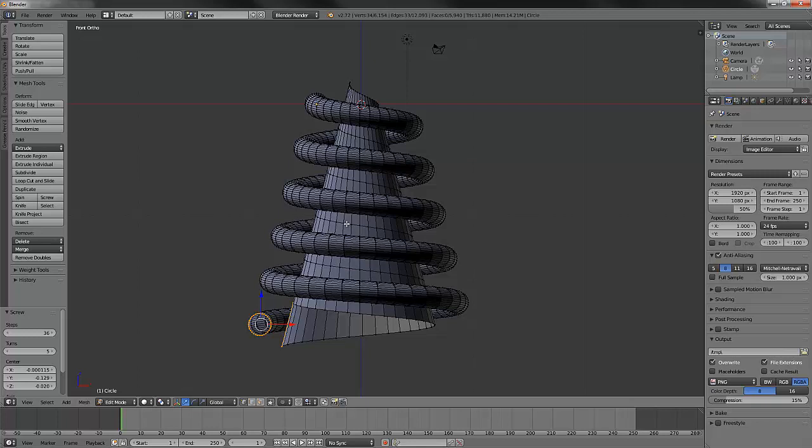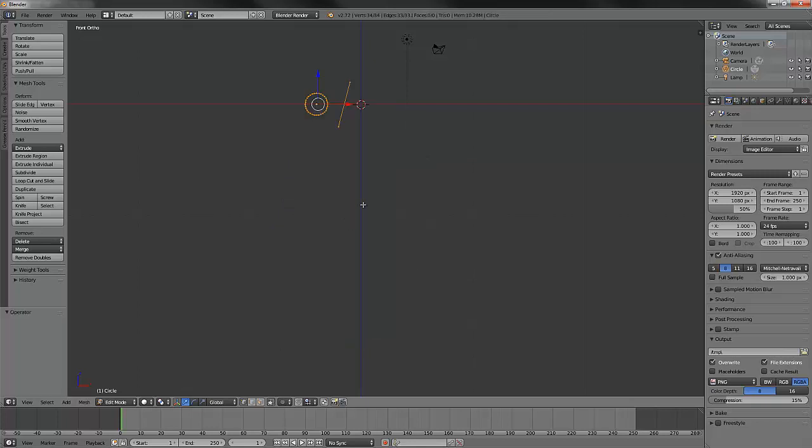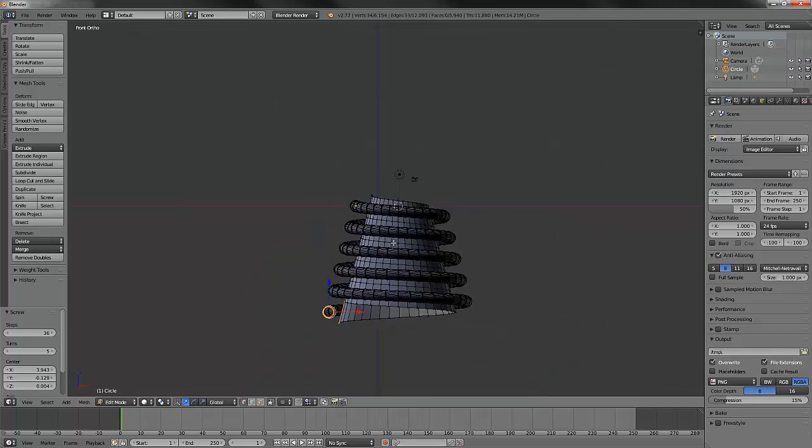I'm going to undo that again. And this time I'm going to move my cursor further out, say somewhere around here. And let's try that again. So you can see how those two items have a profound effect on what you end up with. So it's important to think through exactly what kind of ending mesh you want to have when you pull this